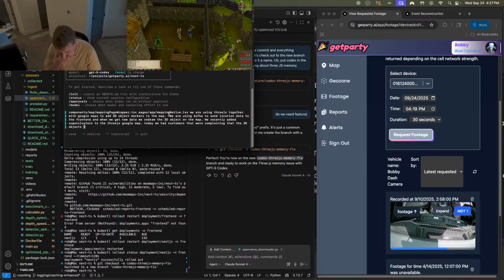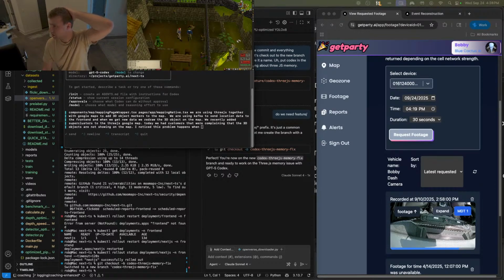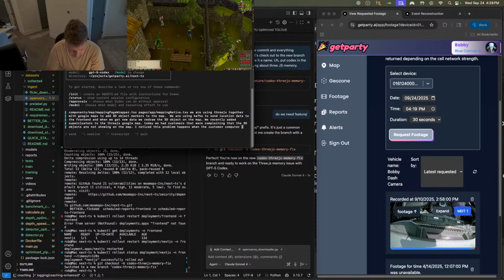The 3D objects are not showing on the map. I noticed this problem happens when the customer computer is